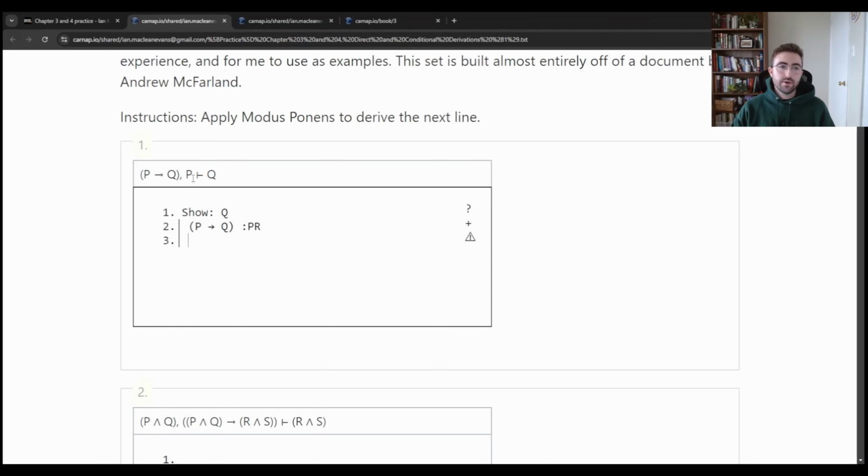And then we also have this other premise here, P. So we put that in after we indent, and we've listed our premises. Well, we need a line with just Q on its own, right? So how are we going to do that? Well, we're going to use our new rule, modus ponens. So we start a new line, we indent, and we know we can get Q by using our rule modus